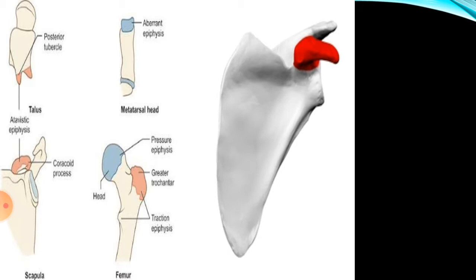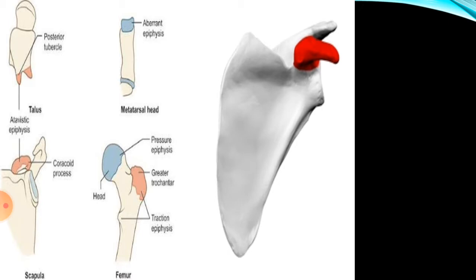Next is the atavistic epiphysis. इसमें आपके पास क्या होता है कि पहले जेनेटिकली वो बोन्स जो कि इंडिपेंडेंट हैं बट लेटर दे फ्यूज विद अदर बोन्स। फॉर एग्जांपल द कोराकॉइड प्रोसेस ऑफ स्कैपुला, मैंने यहाँ पर अलग से इमेज पेस्ट की है एंड यू कैन अप्रिशिएट द कोराकॉइड प्रोसेस ऑफ स्कैपुला. दिस इज़ marked with red color. Another example is talus bone, which is the bone of foot.